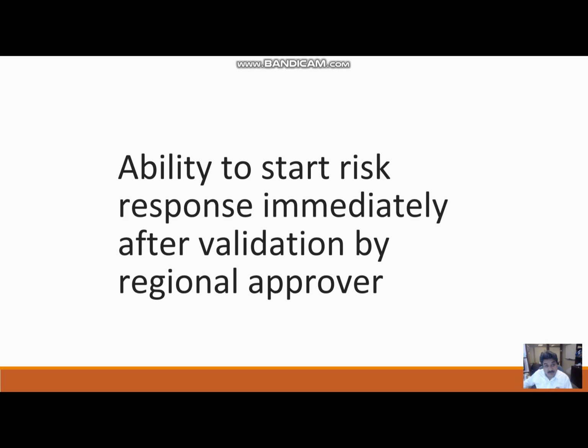Once an assessment is validated by the regional approver, you can immediately start the risk response, and preparing the action plan is part of the risk response stage and not the risk assessment stage. It will be done in the risk response stage, which is the first step for any risk response.